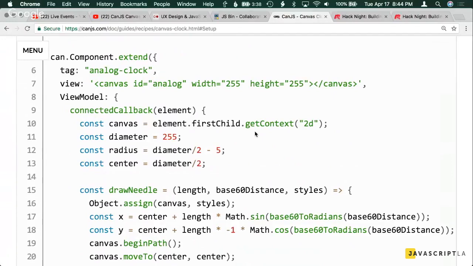What's the adoption of CanJS? How popular is it? Yeah, so it's definitely way less popular than React or Vue or Angular, that sort of thing. The company that I work for, Bitovi, has done consulting for a large number of companies over our 10+ year history. So I'd say a lot of the adoption of CanJS has been at larger companies, definitely smaller ones too, but